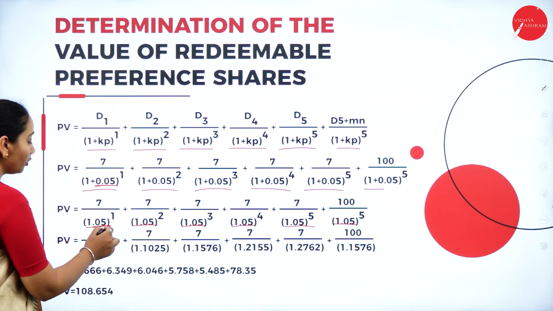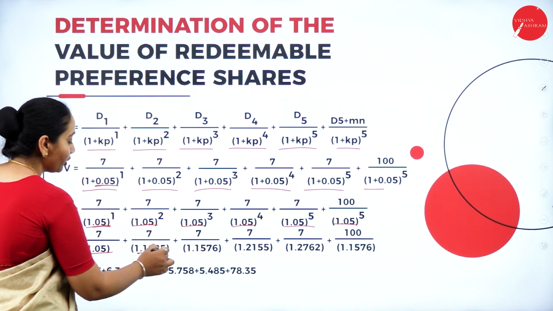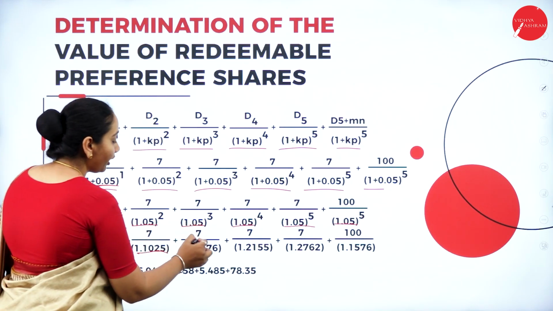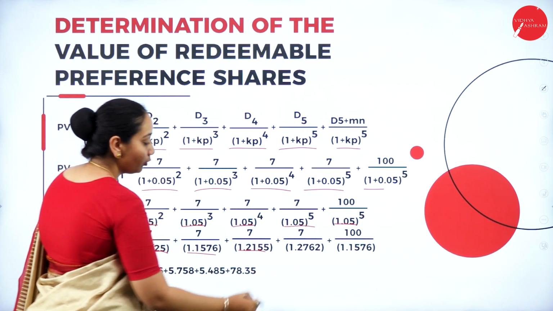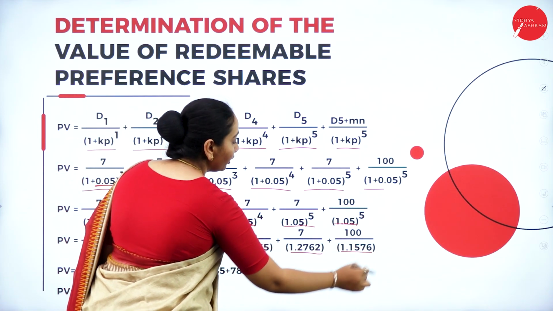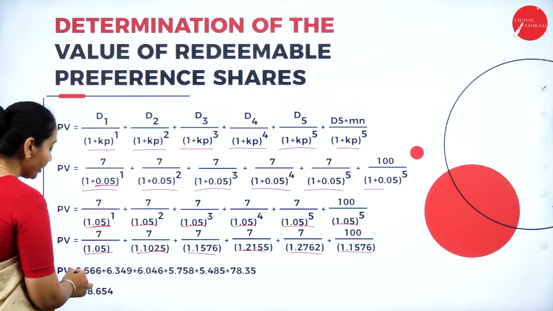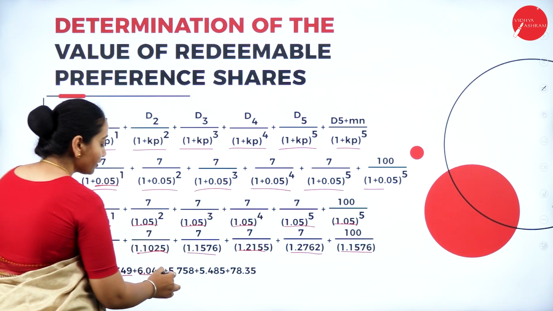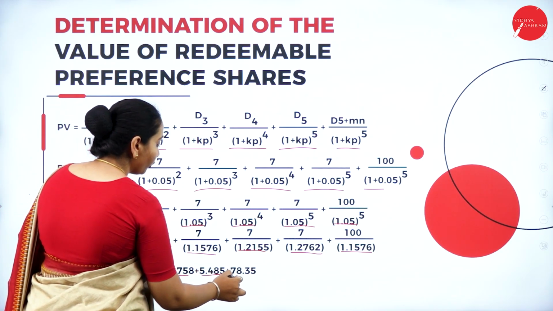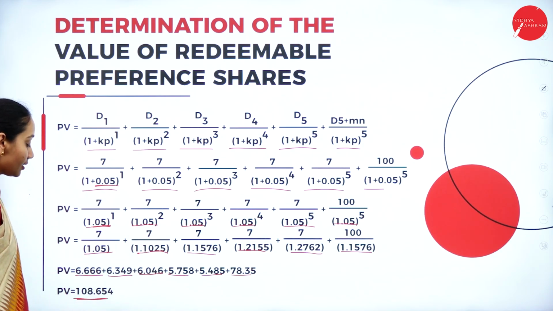So 1.05 to the power of 1 is 1.05. 1.05 to the power of 2 is 1.1025. Likewise, we'll get 1.1576, 1.2155, 1.2762 and 1.57. So further dividing, we'll get 6.66, 6.349, 6.046, 5.758, 5.485 and 78.35. So if we add all those, the present value will be